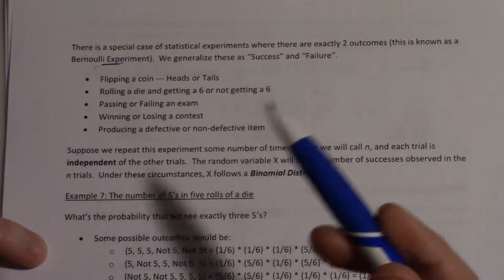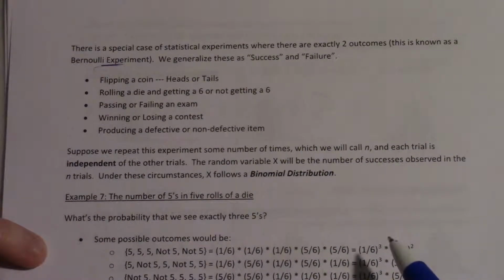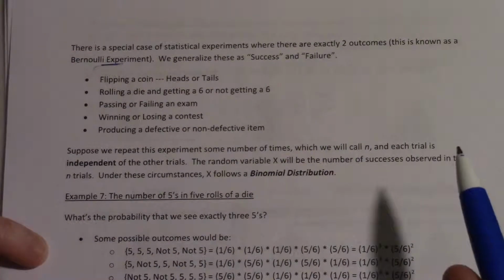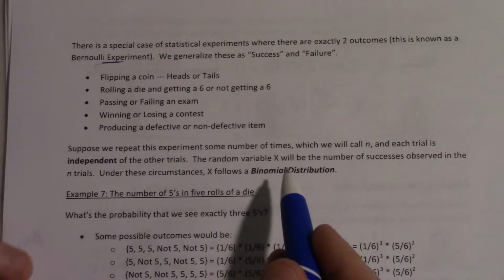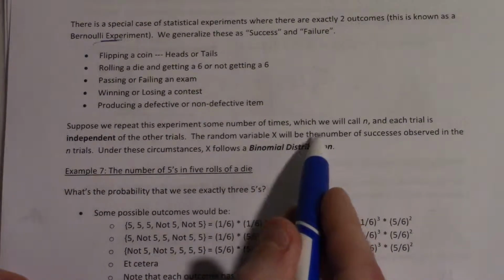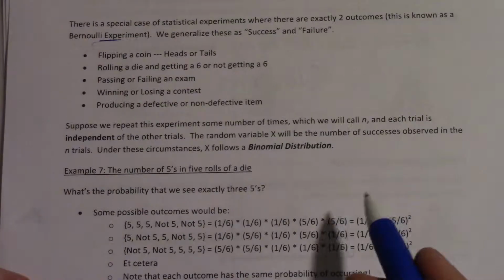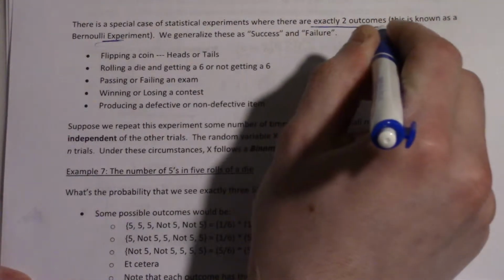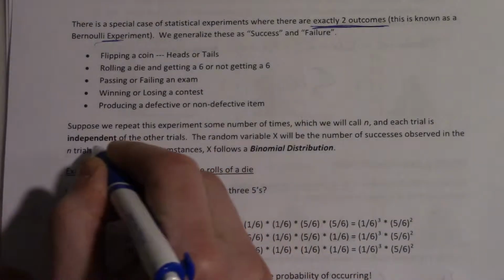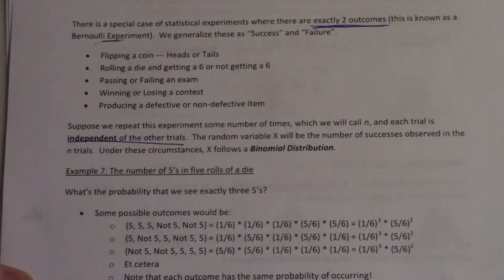You want to know how many successes did I see. So we're counting successes. So in any problem or an experiment that has those characteristics, exactly two outcomes, and independent